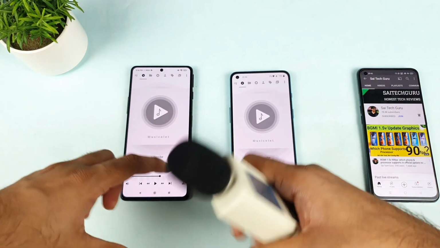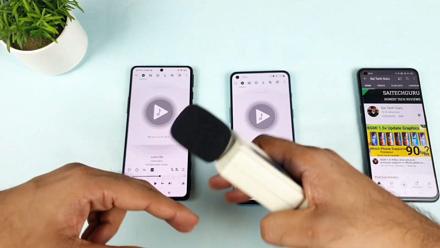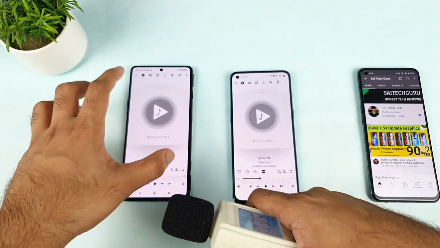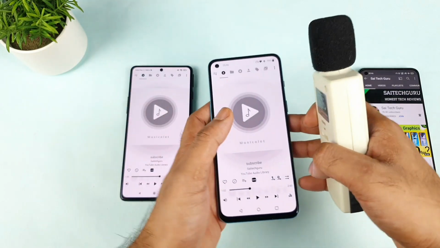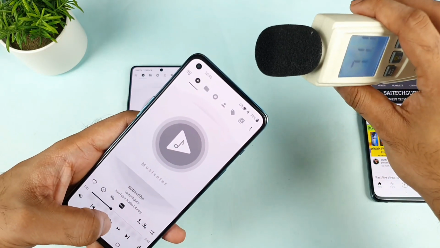So usually we will see a difference of close to maybe 10 decibels or 8 decibels. But in this case, there's only a difference of close to 2 to 3 decibels. That's really good to see. And let's see how the OnePlus Nord 2 is on the top speaker.